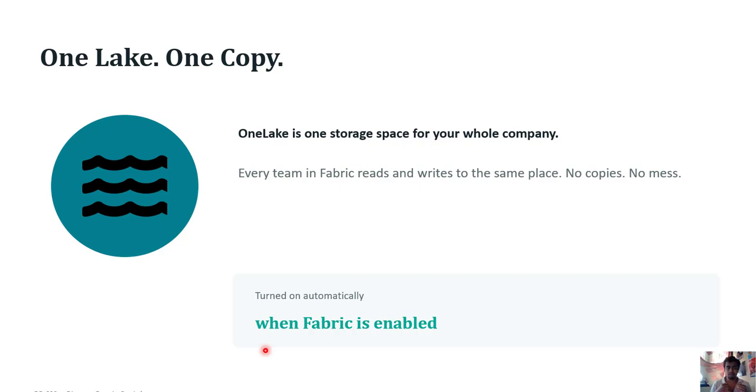So what is OneLake doing? OneLake helps us to find the right data. It is basically the storage layer of Fabric. When Fabric is enabled, OneLake comes into the picture. Think of OneLake as a big lake of water. Inside a lake, multiple animals and fishes will be there. Similarly, different types of data flow into the OneLake,